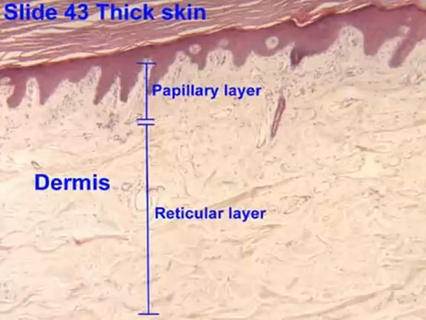And let's talk about the two layers, just basically. First is the papillary layer, and this contains the areolar connective tissue, and the epidermis is connected to that, of course. And this also includes the dermal papillae. And the dermal papillae is